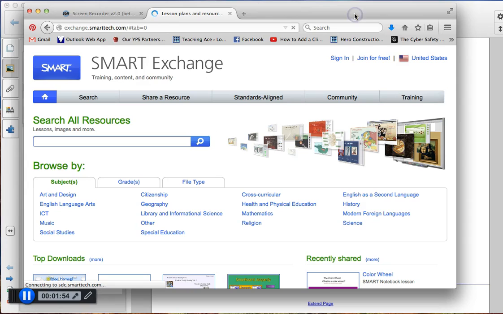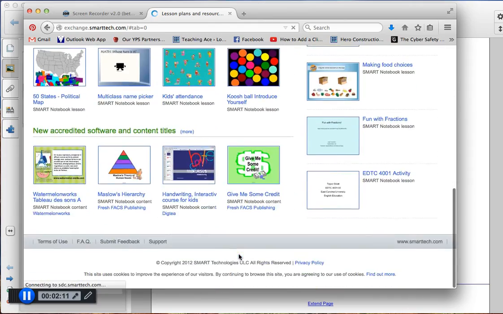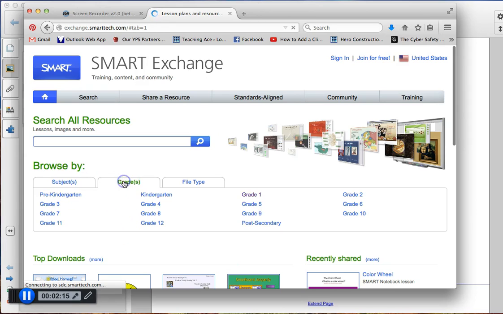This is an incredible resource. There are thousands of Smart Notebook files that have already been created by other teachers, shared out there, and you can download them. As you can see here, you can do lots of browsing. You can see what the favorites are out there. There's so many things here. So let's just go, for example, if I'm going to go to a grade 1,